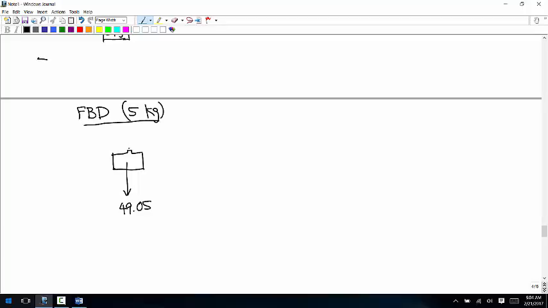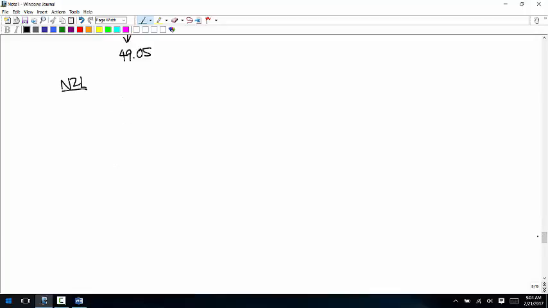The cable, yep. So that's right out of the stump with a magnitude T. We don't know what that is yet. And so Newton's second law says 0 positive T plus 0 negative 49.05 is equal to 5 times